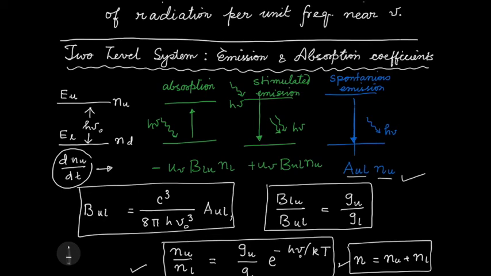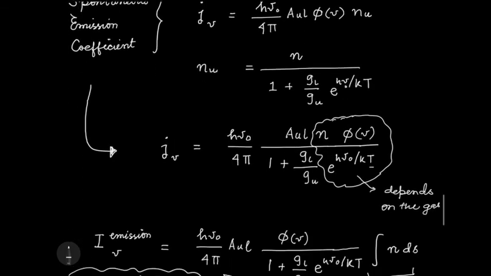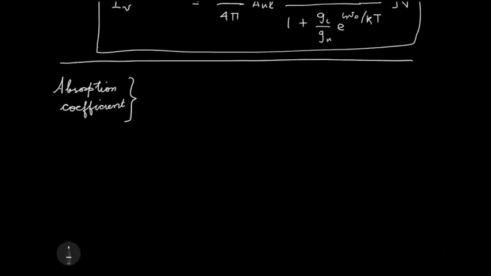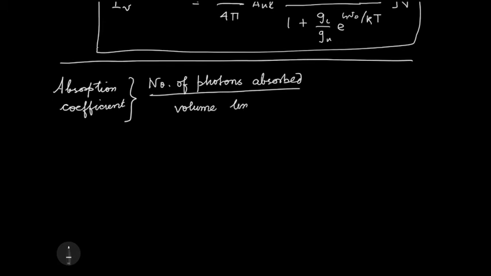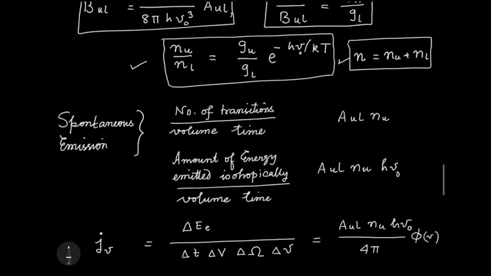Again, if I come back to this picture, I can ask the question, what is the number of photons that is absorbed per unit time and per unit volume? That will be just the addition of these two numbers. So the number of photons absorbed per unit volume and time is given by,